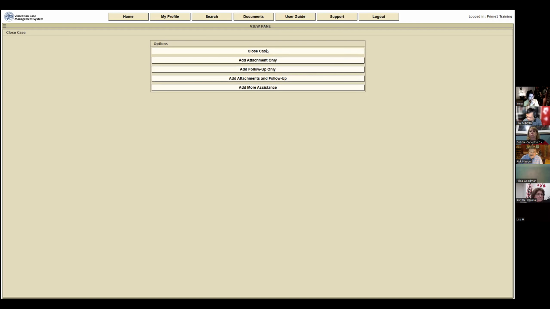And what this means is that the treasurer will still see the check request. The case will still populate with the check information once the treasurer enters it, but nobody has to go back and close this case. For purposes of the monthly conference report, the assistance has been granted and the case has been closed. So if I select this first option, this close case option,